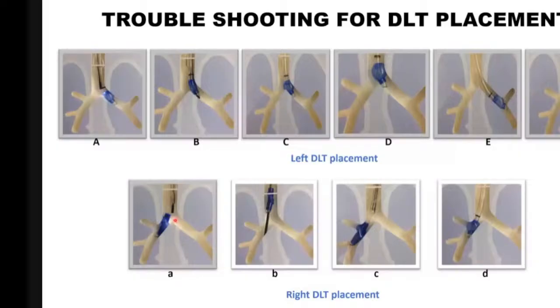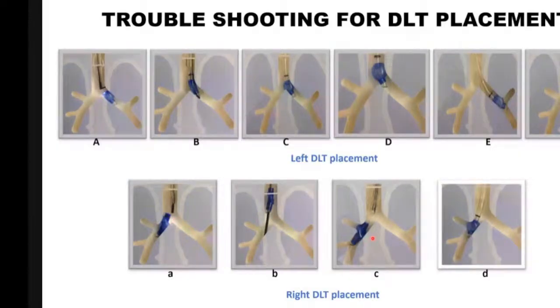In scenario C, the right DLT is placed too far into the right main bronchus, and that's why the right upper bronchus is not being ventilated, and you do not get to hear the sound at the right upper. You will feel the air pressure is inadequate, rather it is very high. Coming to the last scenario, the left DLT is accidentally placed in the, so that is for the next segment. I would like to